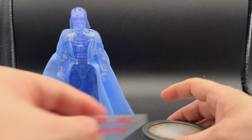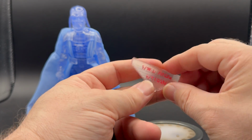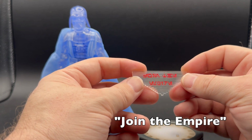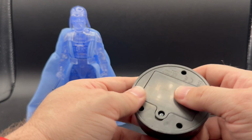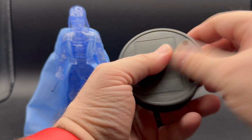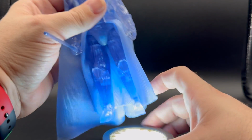Darth Vader does come with one, but I think his just says something like propaganda for the Empire. I don't remember exactly what it says. This does need batteries. It takes 3 AAs. And then there's a button right there, and that turns it on. And there's a hole